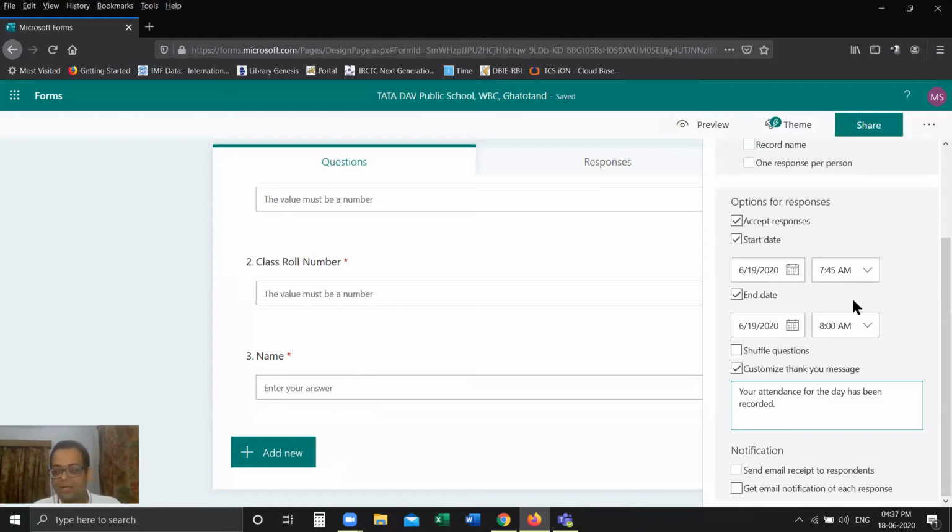But here what you can do is that you set the date and time, start date and end date and time, and you can leave the form. It will automatically begin accepting responses at 7:45 a.m. and stop the form at 8 a.m.